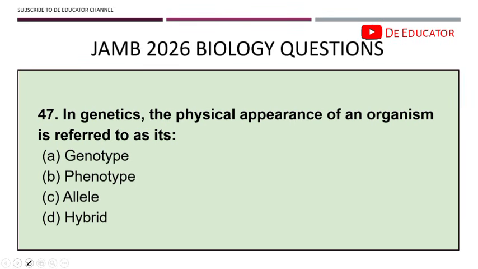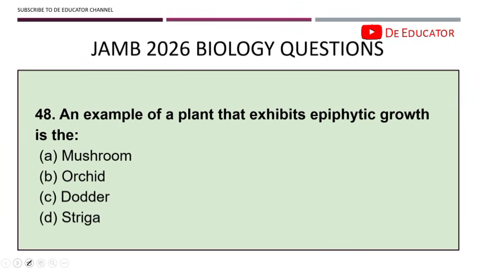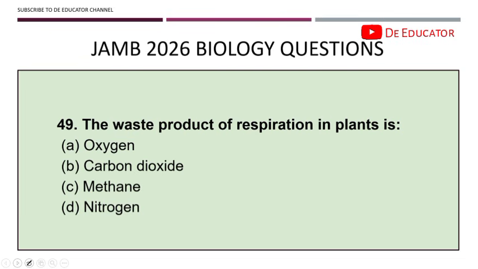Question 47. In genetics, the physical appearance of an organism is referred to as phenotype. The genetic composition is known as genotype. Take note of that. Question 48. An example of a plant that exhibits epiphytic growth is the orchid. Orchid plants exhibit epiphytic growth. Question 49. The waste product of